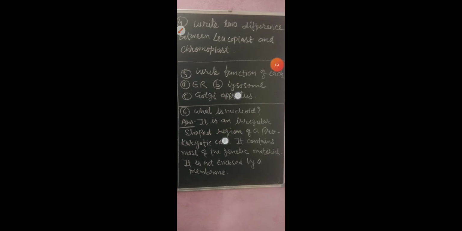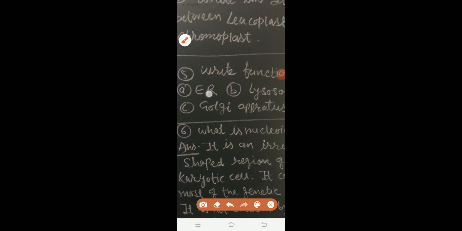Next question which we have to cover is, write the function of each of endoplasmic reticulum, lysosomes and Golgi apparatus. In the third part of my lesson in the chapter the fundamental unit of life, you can find the functions of all cell organelles, endoplasmic reticulum, lysosomes and the Golgi apparatus. And one more very important question, which is asked frequently in the examination, is why the lysosome is called the suicidal bag. So student, let's see the answer of this question.